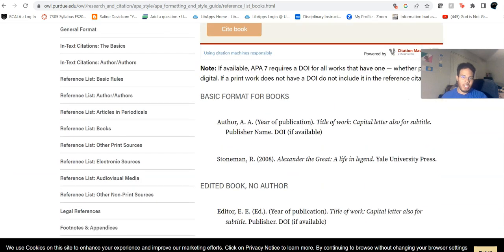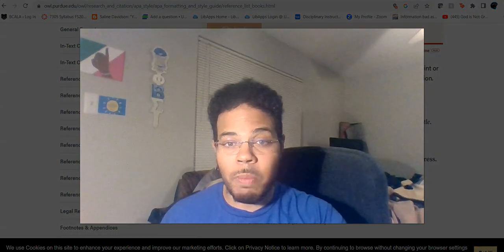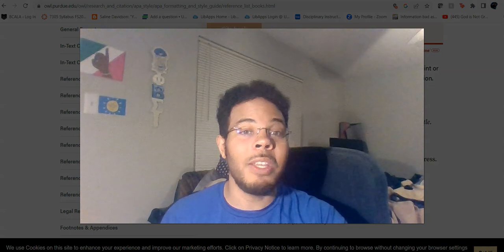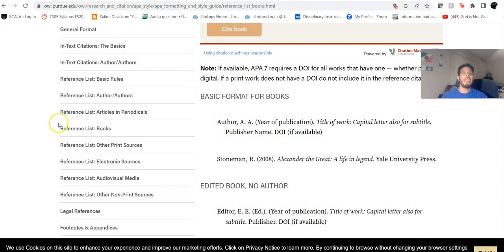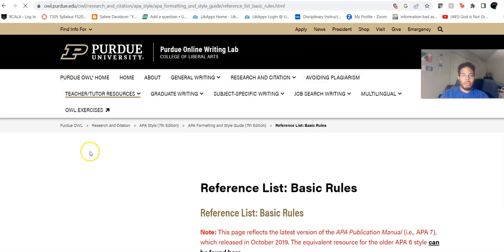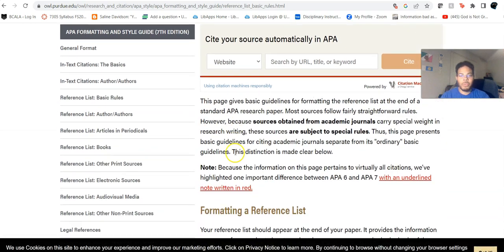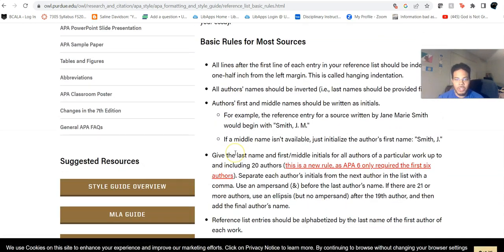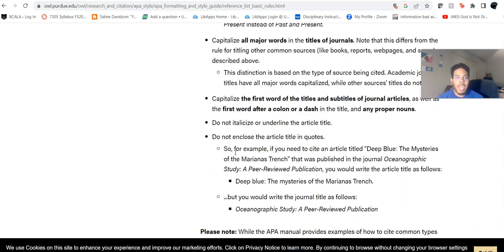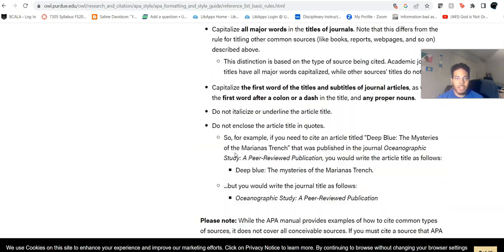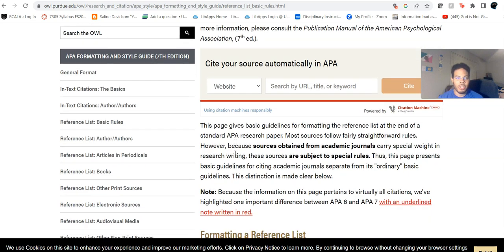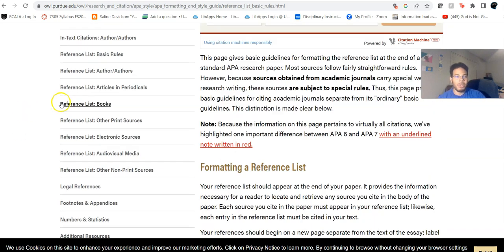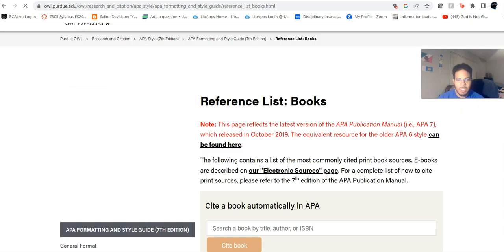The second thing that I am going to say is a very, very common error within APA citation that some of you are definitely going to make, even though I am telling you about the mistake before you even turn your assignment in. Here we go. This is when you are writing titles for books, for articles, and so forth. The capitalization scheme is very different in APA from normal English. Please let me explain. Let me go into books.